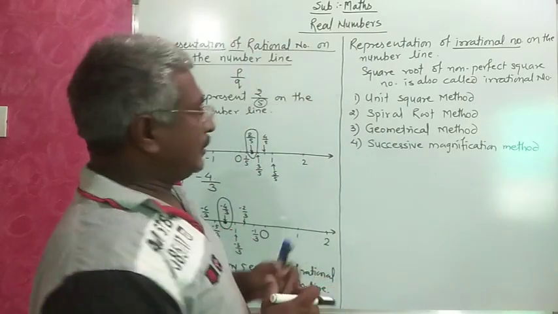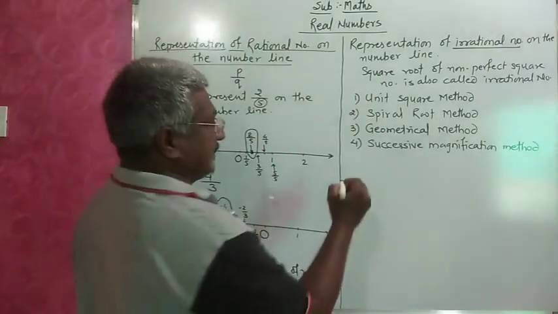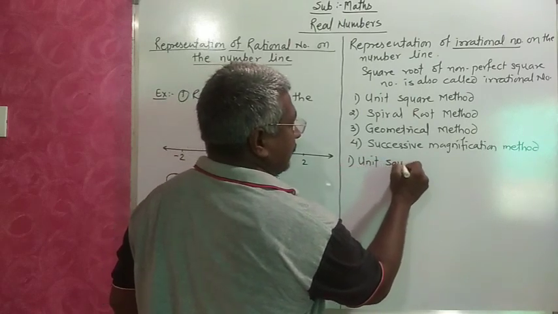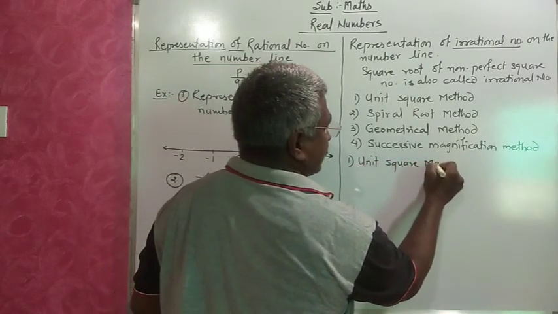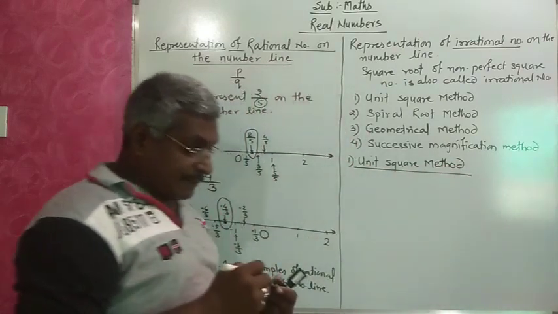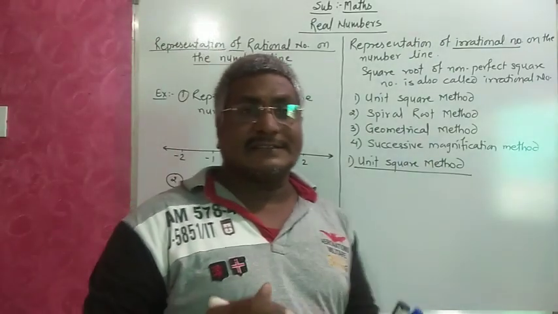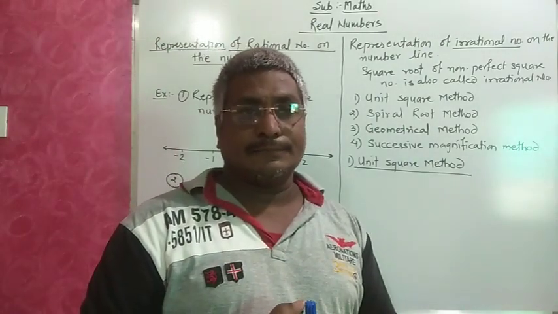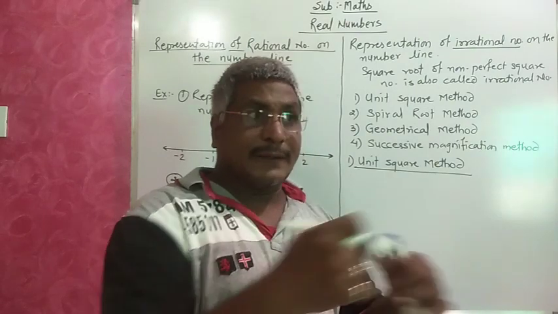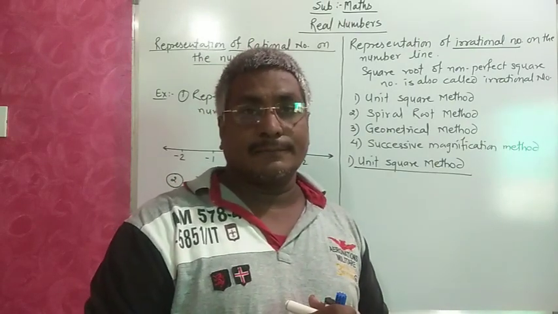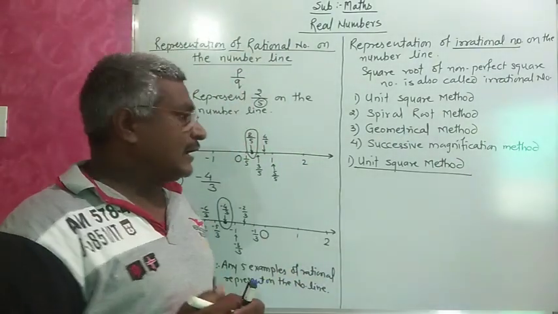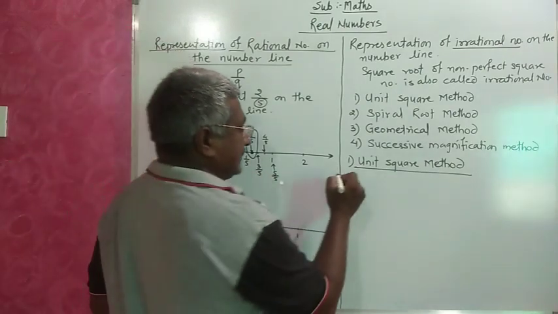Now the first method, the unit square method. Here a bigger number is given directly, and we have to represent it on the number line. Unit square means stepwise representation. For example,